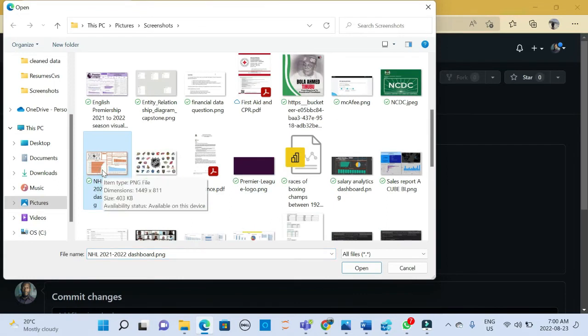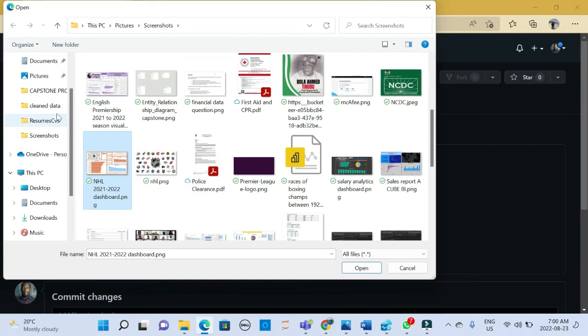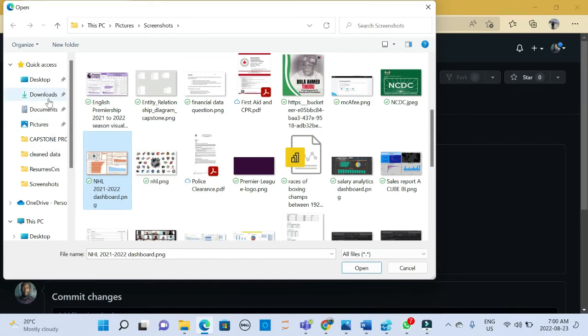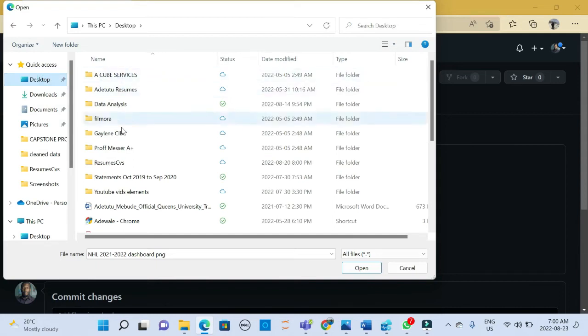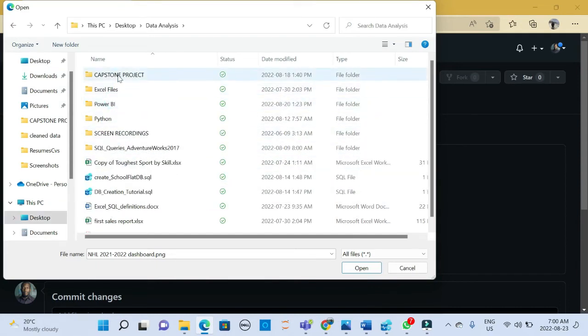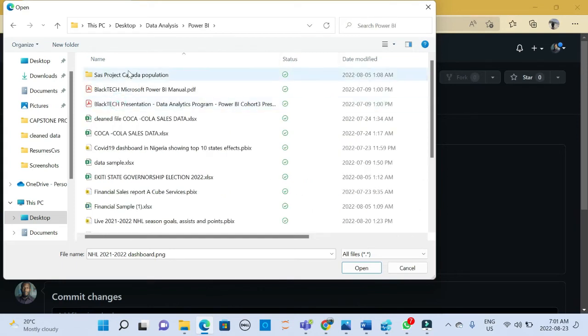This is just a screenshot, so I'm not going to use the screenshot. I'm going to use the actual raw data. My raw data is stored in my desktop. Data analysis, Power BI, NHL file. So I double click